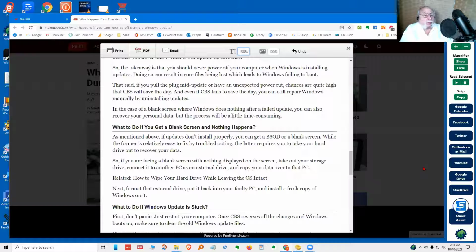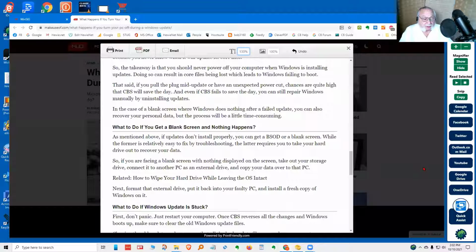And for those of you who are Chromebook people or are thinking about Chromebooks, the difference between Windows and Chromebooks is, Ron Brown has a really good video on how this all works, better than any material I could find. But anyway, what Chrome does in a Chromebook, it makes a separate copy of the operating system first, and then when it's finished and you reboot, it takes the new one and boots from it. If there isn't a new one, it boots from the old one, and so you don't have this issue with a Chromebook. But anyway, getting back to Windows, what do you do if you do get a blank